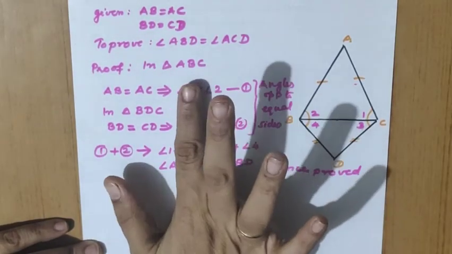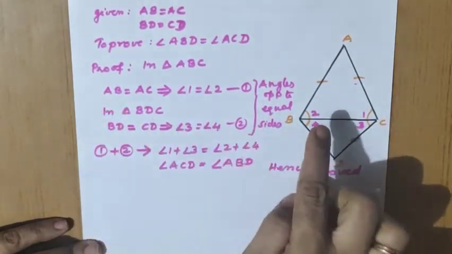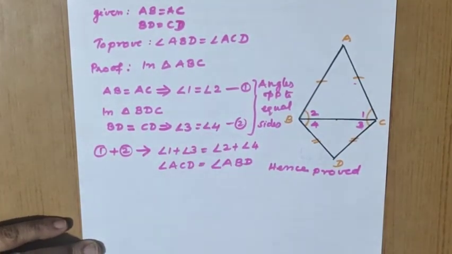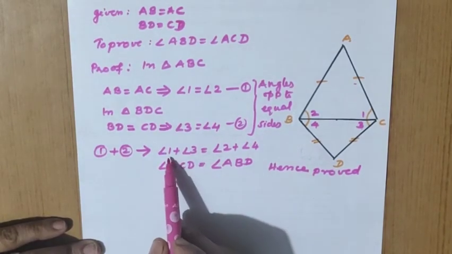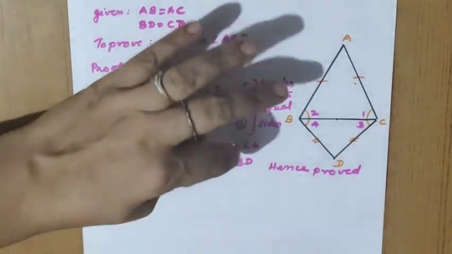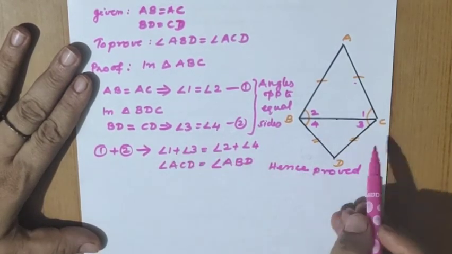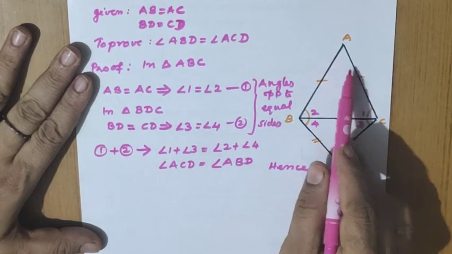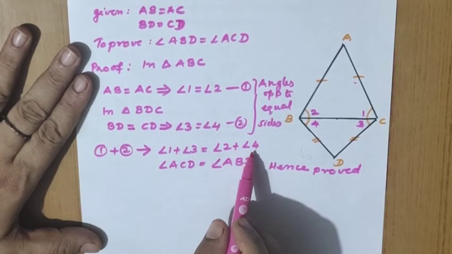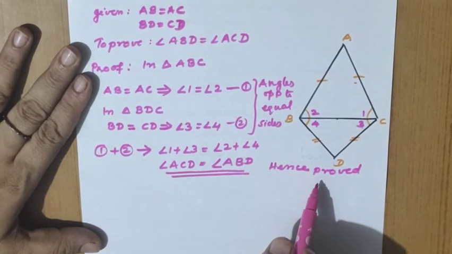What is the reason? We are in angles. Our statement should be clear. Angles opposite to equal sides are equal. That criteria we have used. Now after this what should we do? We should add these two equations, angle 1 plus angle 3 and angle 2 plus angle 4. Arrange that. If you change the side also you can arrange and write, that's all. Now for getting ACD, 1 plus 3 we can see. In 1 plus 3 what is the angle? Complete angle ACD. So I'll write here angle ACD. Similarly angle 2 plus 4, the complete angle is angle ABD, which is the required equation. So hence proved.